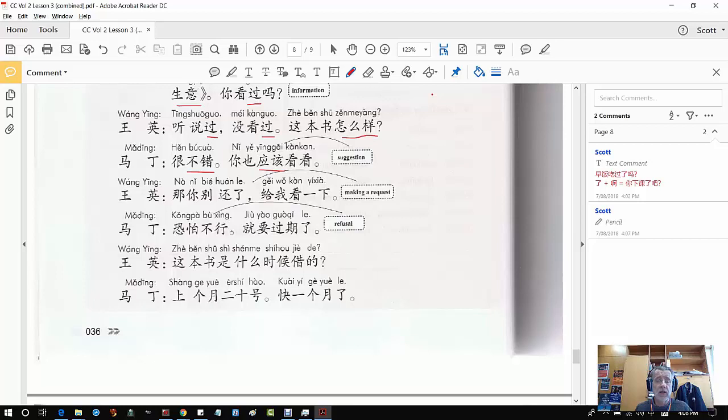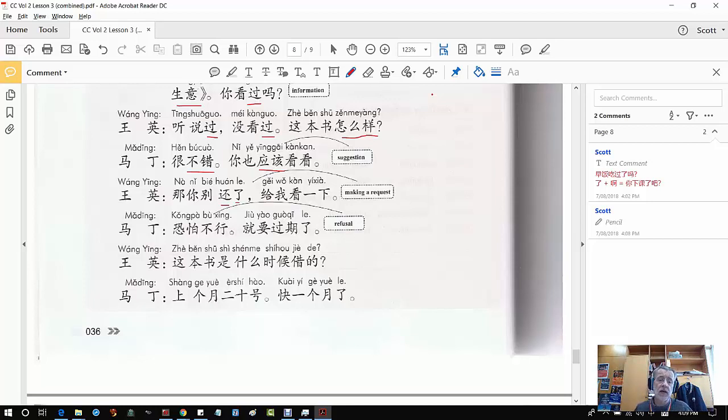Wang Ying says 那你别还了. 那你别还了. 给我看一下. So 那 here is saying, well then, because he's saying before, it's good, you should read it. And then she says, okay, well then, 别还了, don't return it. And again, just note that huan, it is huan, it's to return. Context will tell you that anyhow. But even the fact that it's preceded by 别, which is that word that we learned, which means when we're advising somebody to not do something, we use 别. So really, in a way that indicates what follows as a verb, huan. So it wouldn't be 还, which is an adverb.